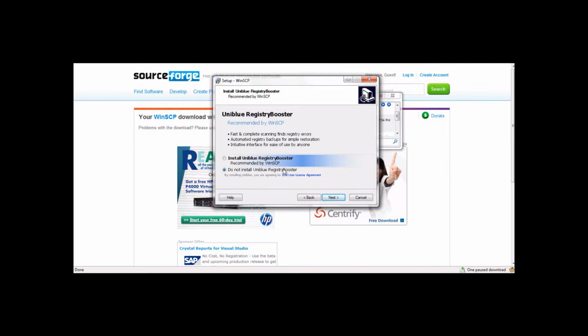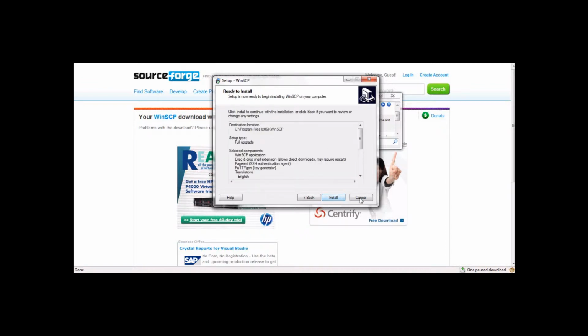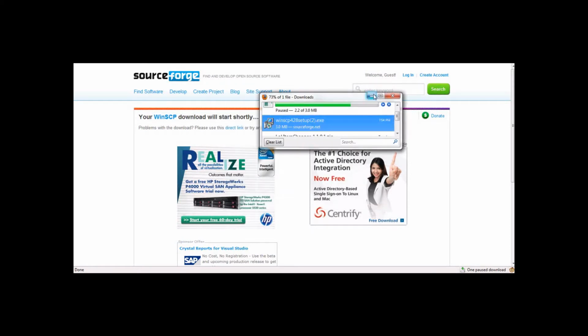I am not going to install UniBlue Registry Booster, but you can if you want. It's recommended by them, so if you want, go ahead and click next and click install. I've already installed this, so I'm not going to install it again, but once you click install, it should go ahead and install for you and come up with a page that says finish, or it may say, do you want to run this program after completion of this wizard, and you can click on that and then click finish. So you'll want to do that,